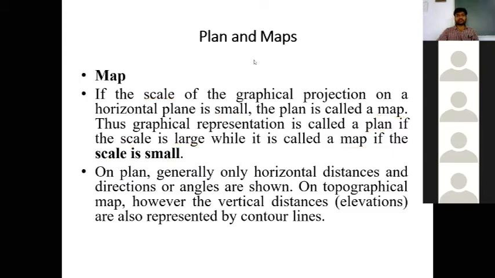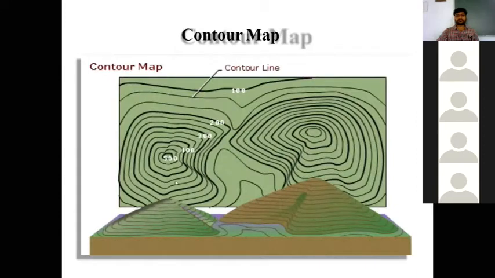Contour lines. So here you can see the topography of the hill. Say this is a plan, or you can say this is your map, because we are considering it smaller in scale, and this is the elevation of that plan. Here in the plan we're going to represent the contour lines. So these are the contour lines. These are the contour lines.